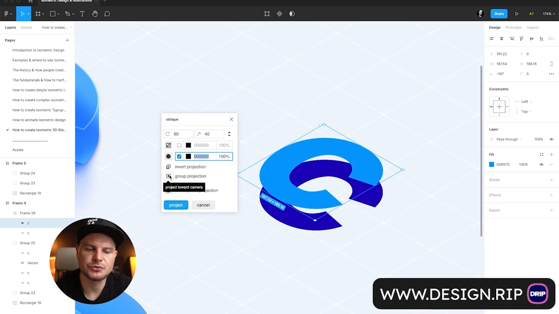And let's group projection. Once I do all these things, what you need to remember here: 90 degrees, the height that you want to move it down, the color that you need, you can change it to whatever you want, and group projection. Usually I group projection because it will project lots of different shapes, and I like when they are in just one group. So group projection, that's it. You don't need to know anything else. Project, let's click it,